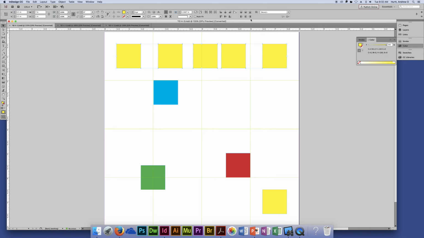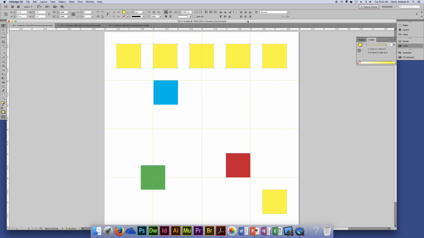Distributing objects is a little bit different, but a similar thing. We have our distribute options here. Generally I usually distribute either horizontal or vertical centers. I tend not to distribute left or right edges. There are some exercises that will have you do it, and there are reasons to do it, but in my experience I tend not to use it too much. Basically, you select all the objects you want to distribute,